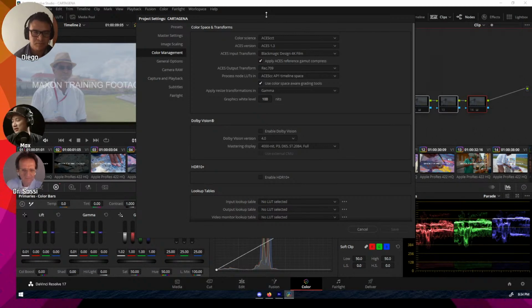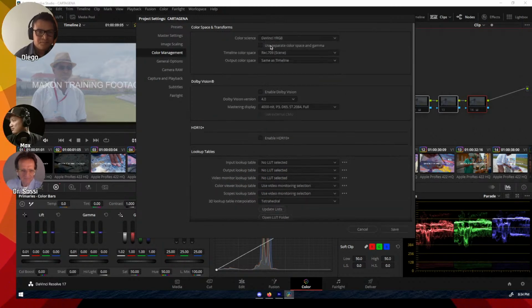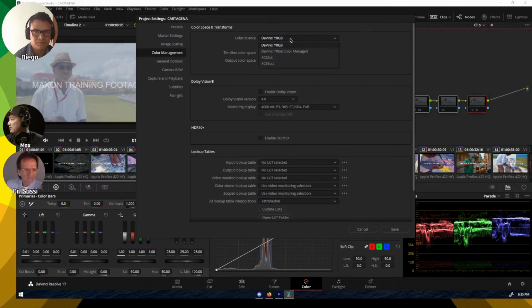In this case, I would like to show you how you can set ACES from DaVinci YRGB, the default color science in Resolve. If you want to set up ACES, you can simply go to color management, and from the drop down,